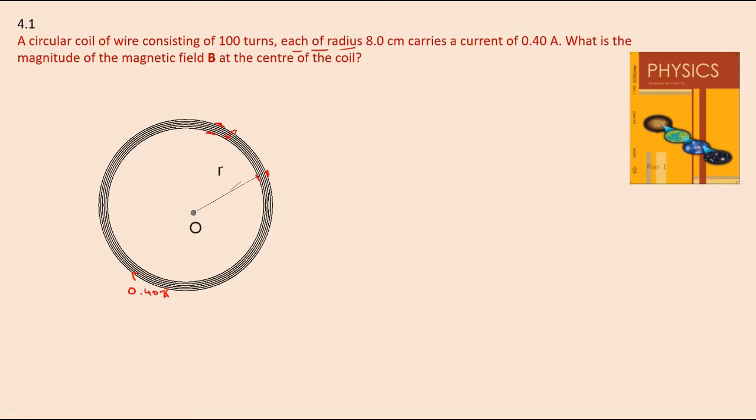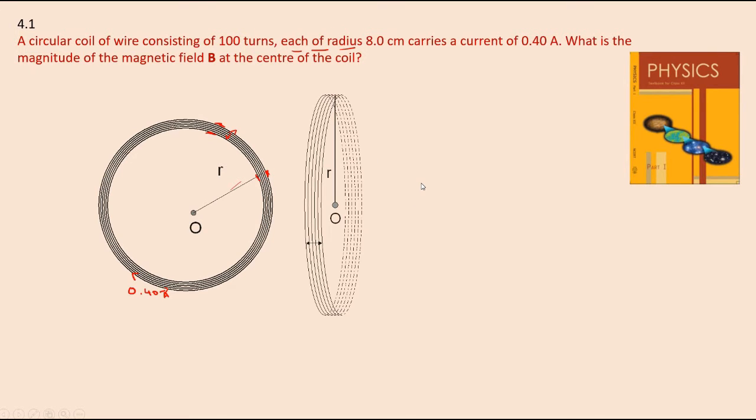Or in a better way, if you want to make all the radius to be equal, you can take a figure like this. This is a tilted view. This is also a circular coil, but the view is different. Now you can see here the radius of all the coils is the same, 8 cm. This is better. Diagrams not necessary, once again I say. But let's think a little bit about this problem. That is why I drew this diagram.